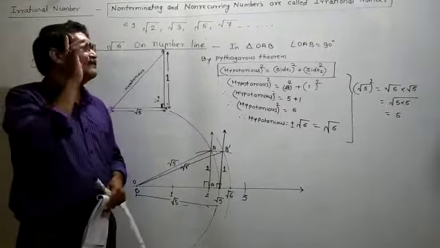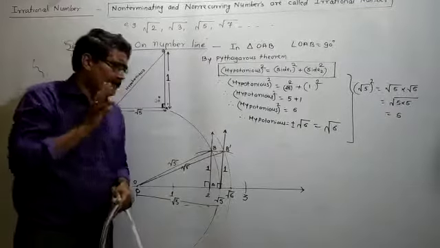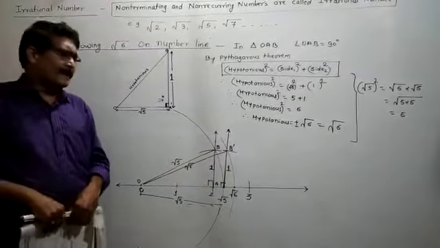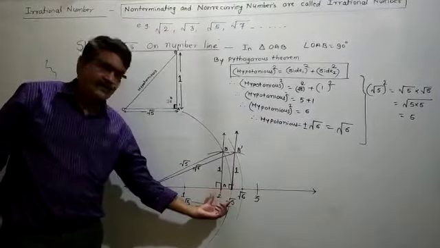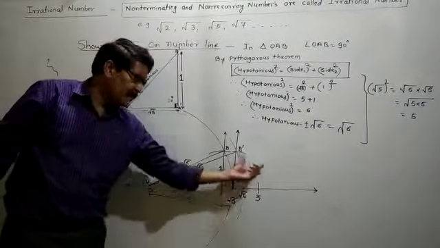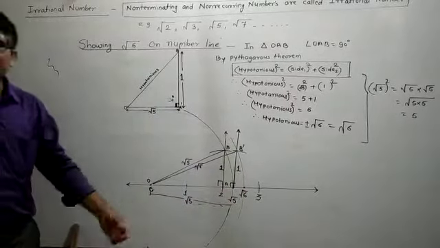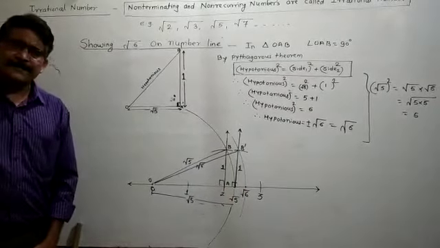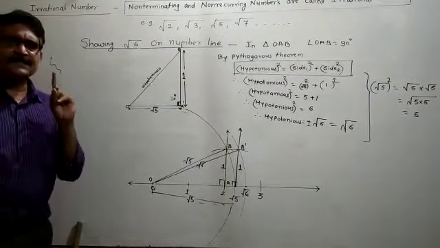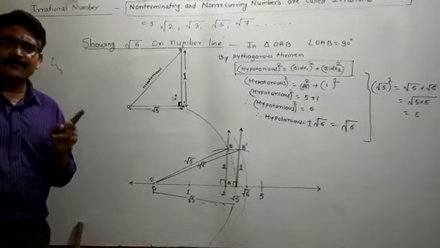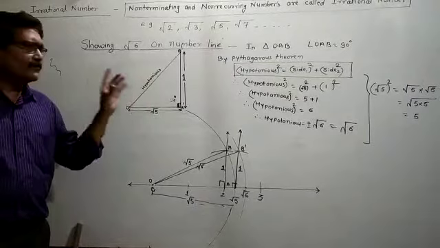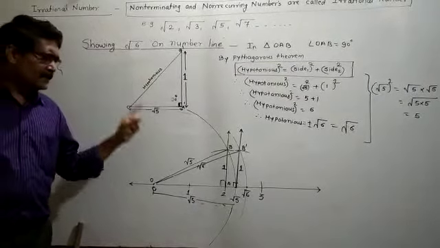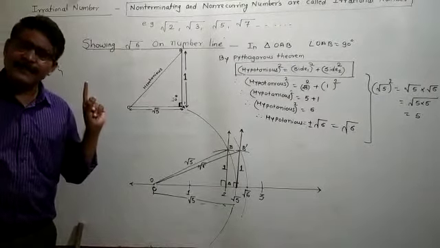Thank you. And second thing, you have to draw the square root of 7 on the number line. In the same way, first of all, you have to draw the square root of 5. After that, square root of 6. After that, you will draw the square root of 7. Everybody understand? Means the exercise and square root of 7, that is the homework for you. You have to do the calculation and draw these things in the classwork notebook. Everybody understand? Thank you.